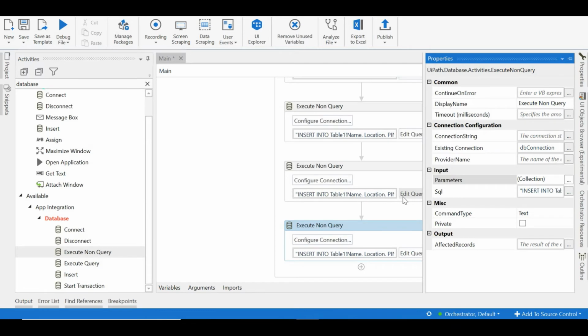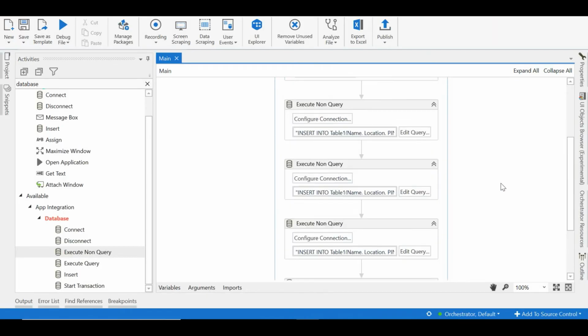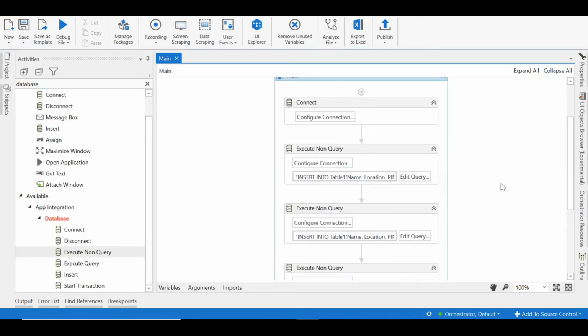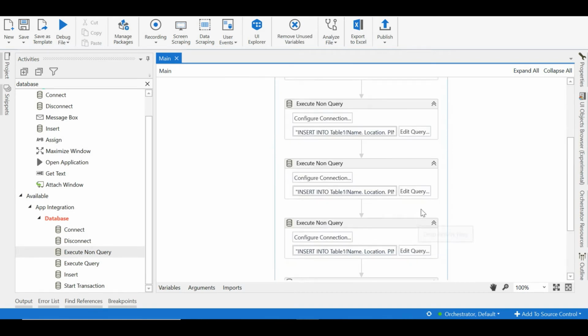Okay, so I'm done with my data. So now I established the connection, I have written the queries, and this is one approach. You can have different approaches. You can query, you can insert multiple data at a time. So it's up to you. I'm just going the simple route right now.